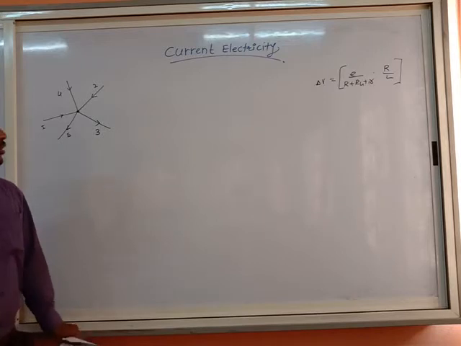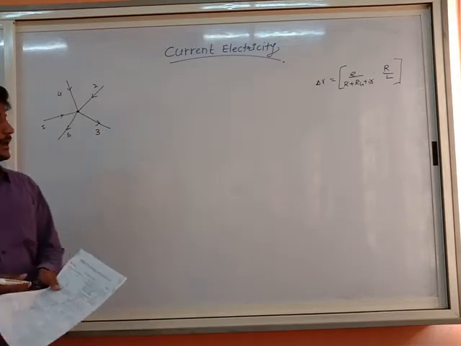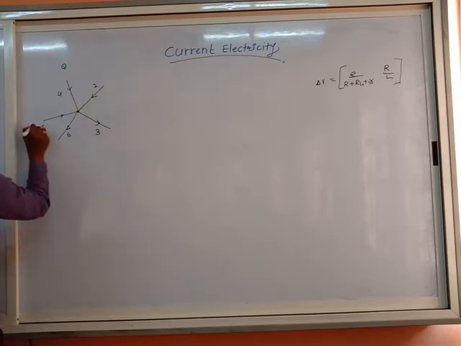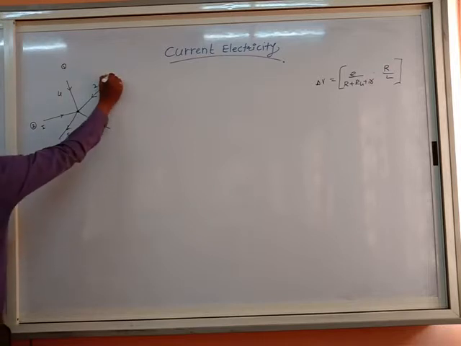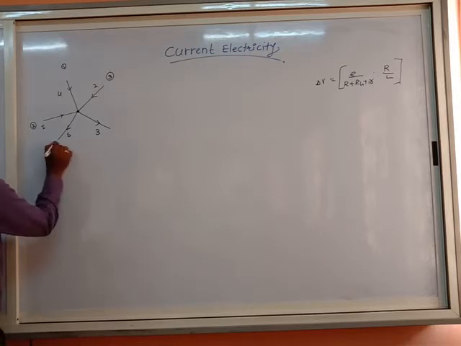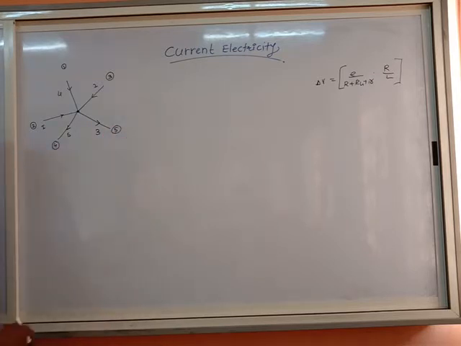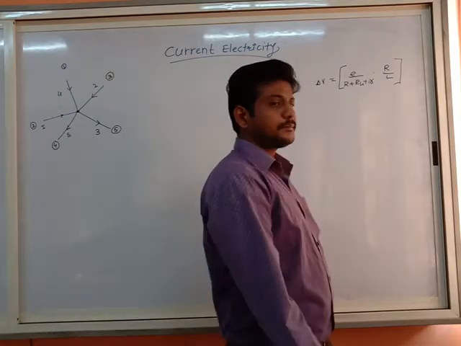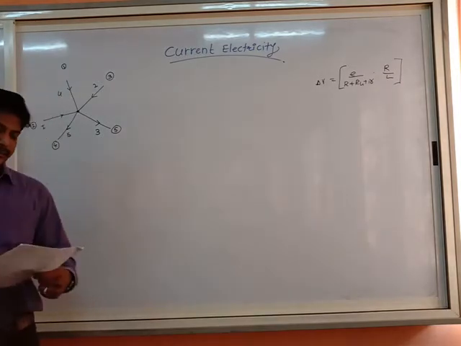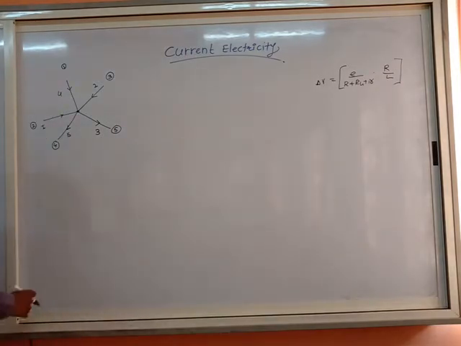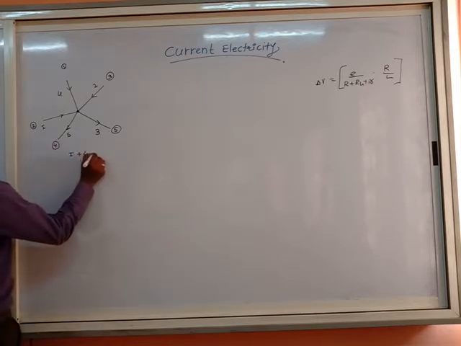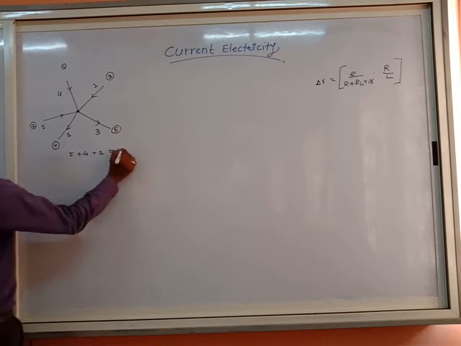Using Kirchhoff's current law, see how many currents are entering the network. This is the first current entering the network, second current entering, and third current entering the network. The fourth and fifth are leaving the network. Current law: entering is equal to leaving. Options are 2 ampere, 3 ampere, 5 ampere and 8 ampere. How many currents are entering? I plus 4 plus 2.